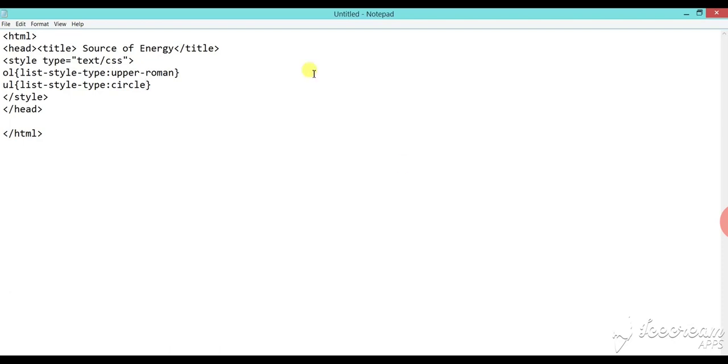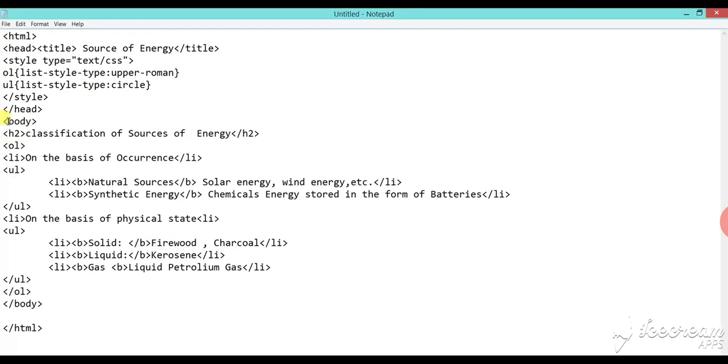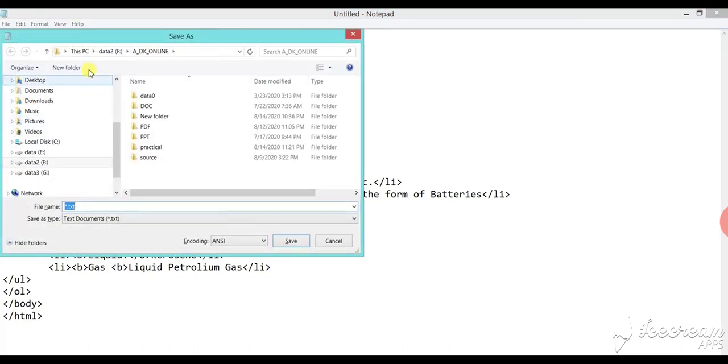Here we define circle for the UL unordered list. Now see, this is the body part. Here we use the UL tag as well as the OL tag with nesting list. See, in this way, UL tag and OL tag.